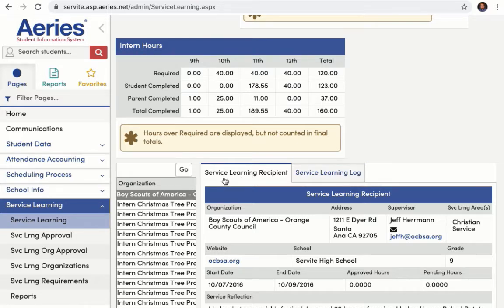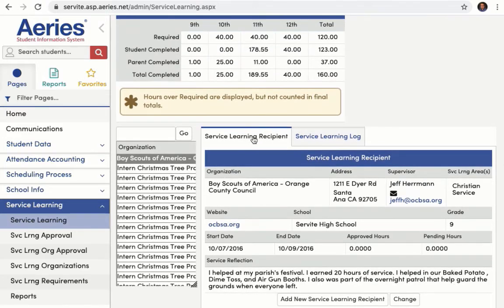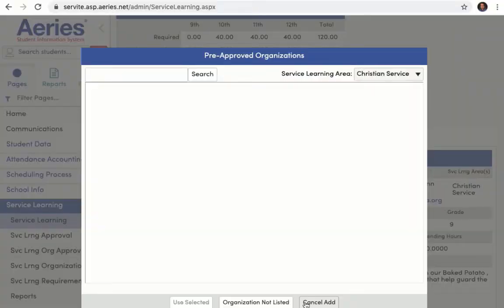You're going to make sure that you're in Service Learning Recipient, and if you have hours to log, you're going to select Add New Service Learning Recipient. This ensures that the hours that you're logging go to the appropriate organization, whether it's a sports team or in this case it would be Trinity Corp work hours. You're going to click on Add New Service Learning Recipient,